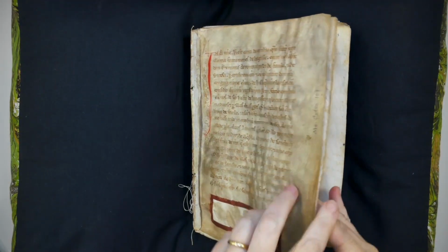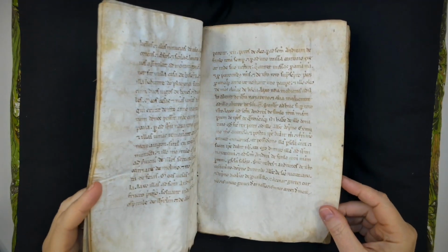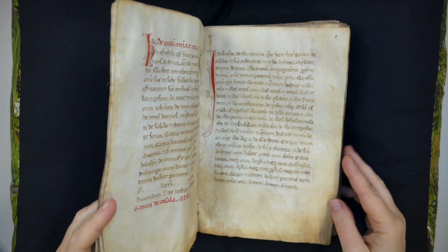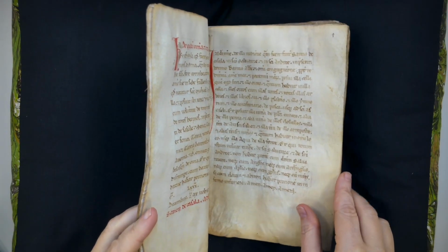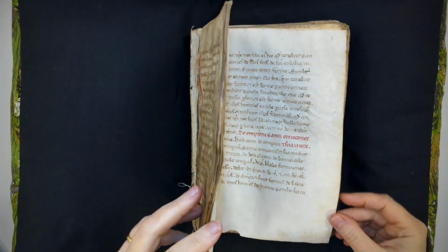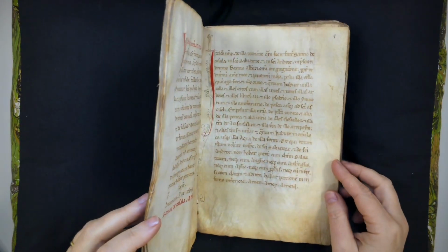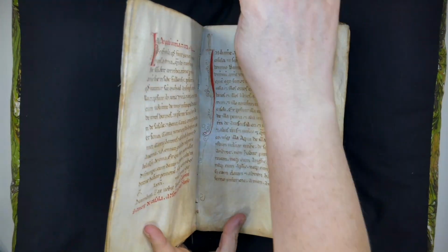The documents that are included here include royal endowments, so endowments from the crown, donations from individuals, agreements of exchange. There are inheritances. There are people saying, I am going to die and I will leave you my books. Let's see if we can find that one. I was actually looking at that one earlier. Here we go. So here's one